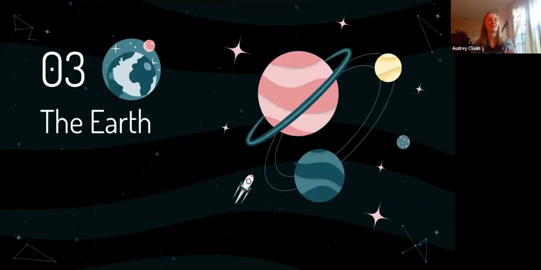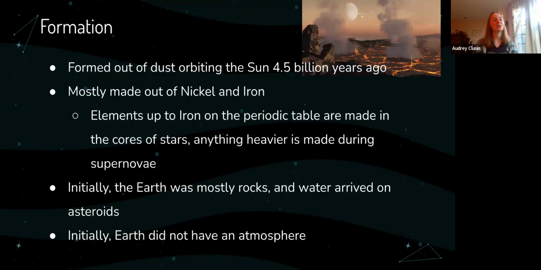Okay, we're getting onto the Earth. The Earth formed at around the same time as the moon, about 4.5 billion years ago. The Earth is mostly made out of nickel and iron. If we see up here, when the Earth first formed, it was really hot. There wasn't any water. Things were still moving around like crazy.